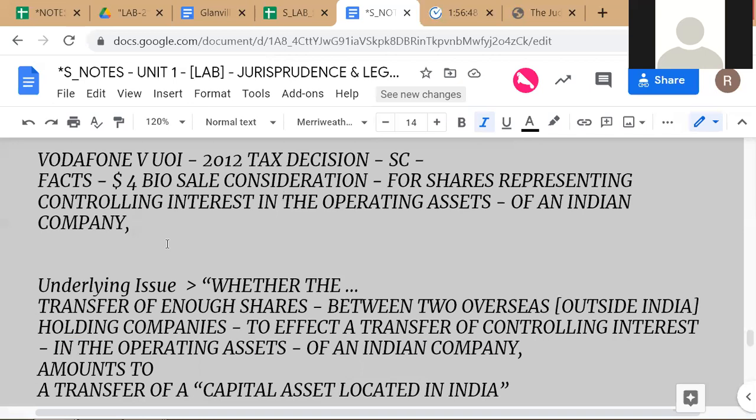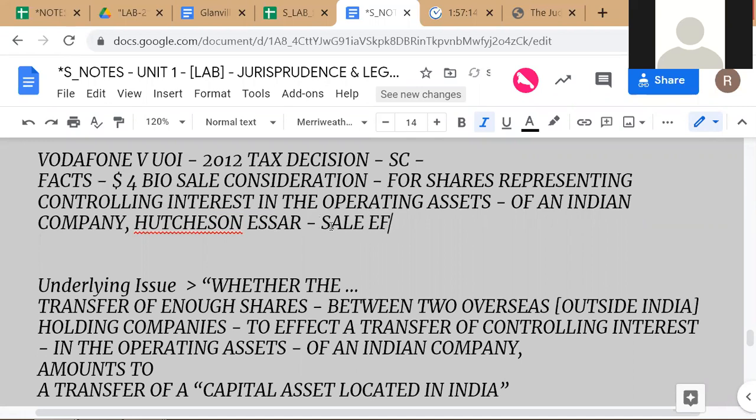So the Indian company is Hutchison SR. These guys want to exit the business. It's not Hutchinson, it is Hutchison SR. So this is the business background. These guys want to sell, and these guys want to buy. So the way they do it is basically